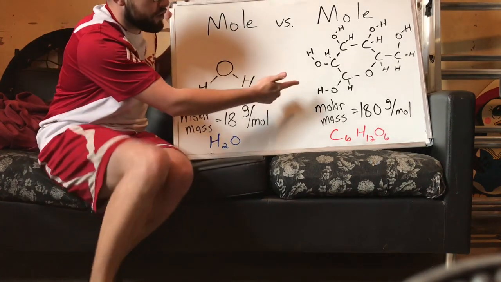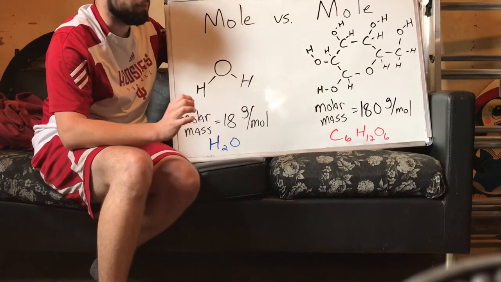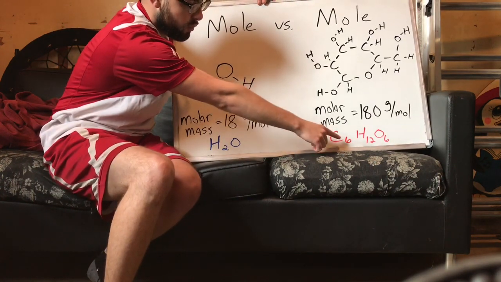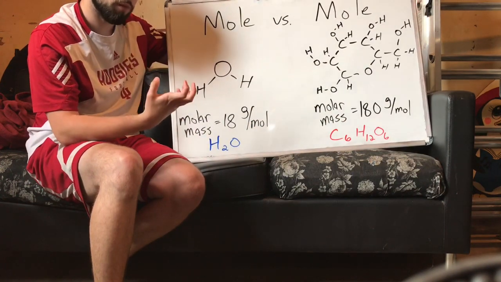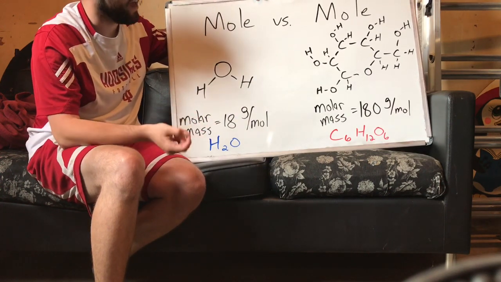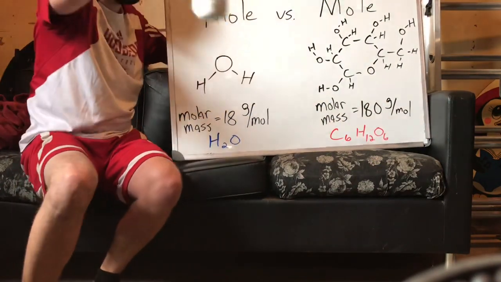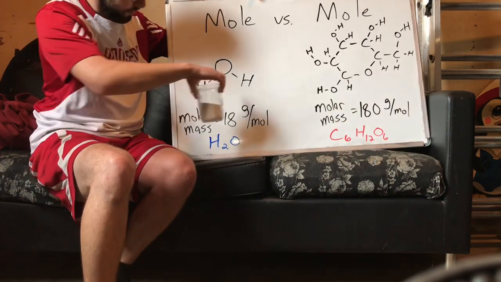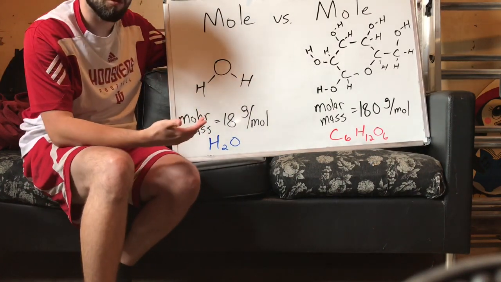But then if we look over here at sugar, this is a molecule of sugar. Sugar molecules are much bigger than water molecules. I've got 6 carbons, 12 hydrogens, and 6 oxygens, all in 1 molecule. And then I've got 6.022 times 10 to the 23rd of these molecules. That's why it looks like the sugar is so much more. It's just because the individual molecules are bigger. So when I compound them on top of each other, the mole gets much bigger too.